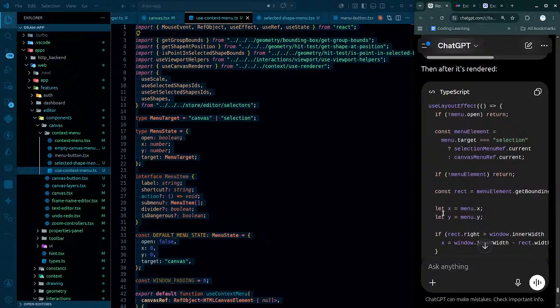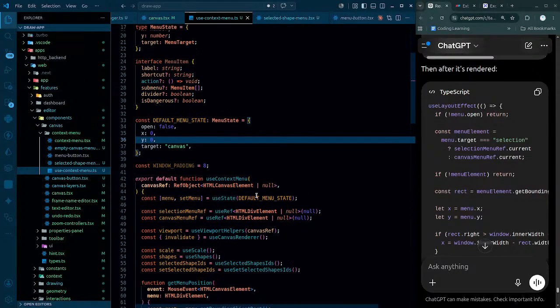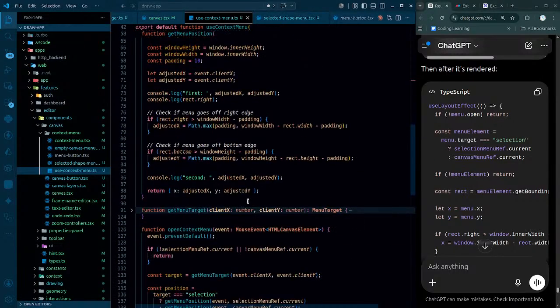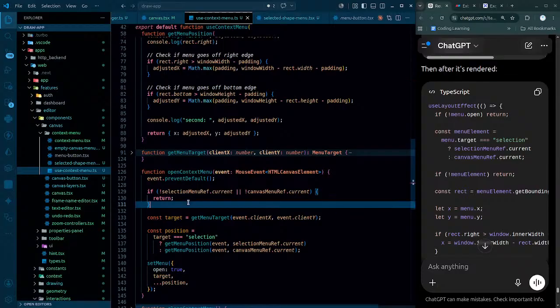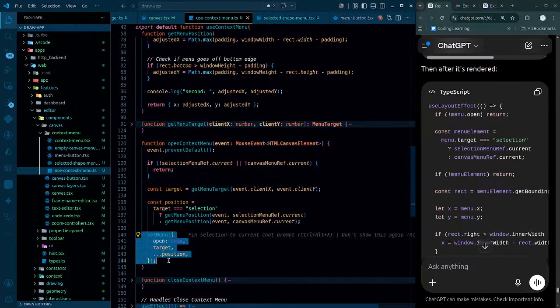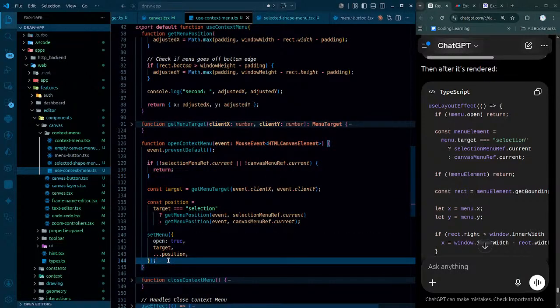So whenever the open context menu runs, it becomes true over here. Before that it is false, that simply means it hasn't been rendered. That simply means